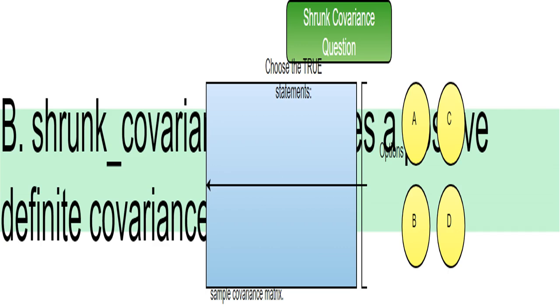I'm going to focus on the key concept of positive definiteness. A positive definite matrix is a special type of symmetric matrix. All its eigenvalues, which are numbers that describe the matrix's behavior, are positive. This is crucial because it ensures that the covariance matrix is mathematically well-behaved and suitable for many statistical calculations, especially those involving multivariate normal distributions. The Ledoit-Wolf method guarantees this positive definiteness, something a standard sample covariance matrix may not always do, especially with high-dimensional